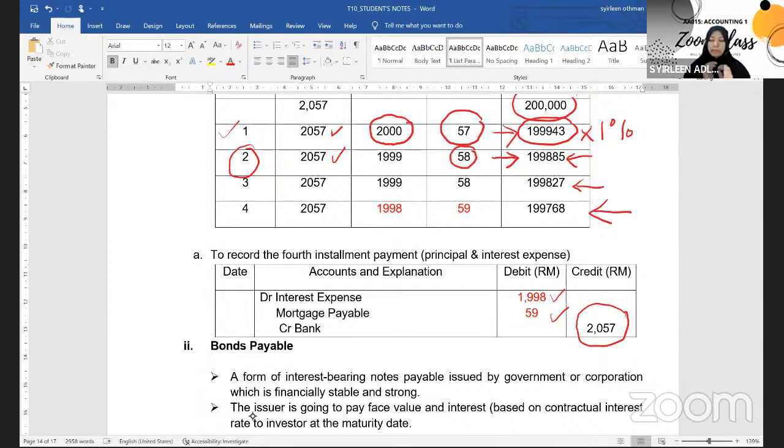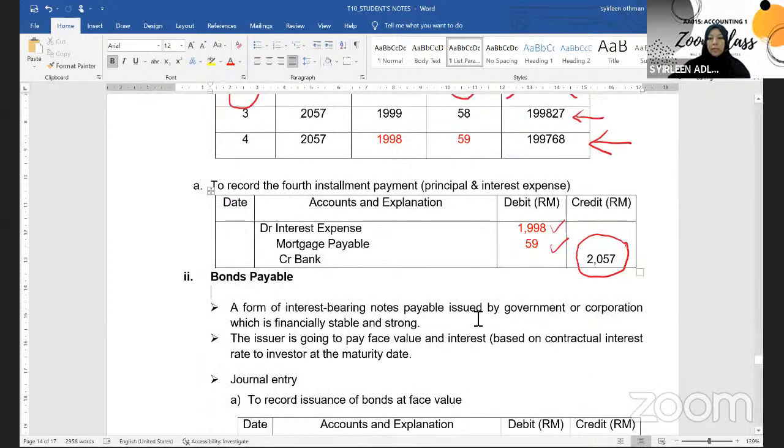Okay, that means every month memang kita hanya akan bayar RM2,057. Okay, tapi you tak akan nampak beza yang sangat besar, especially for the first year of your tenure. Tapi nanti towards second half of the tenure, that means selalunya selepas 10 tahun baru kita akan nampak. Alright. Alright, so now